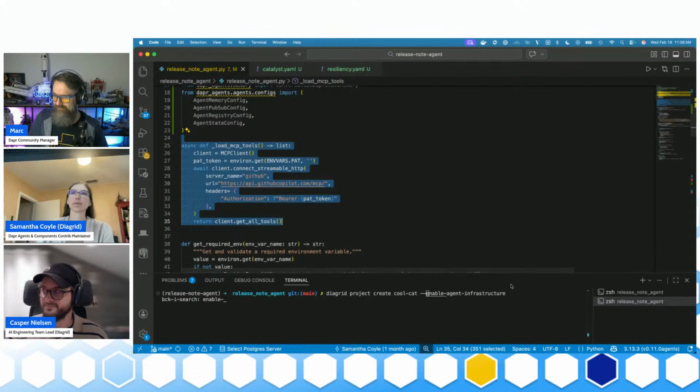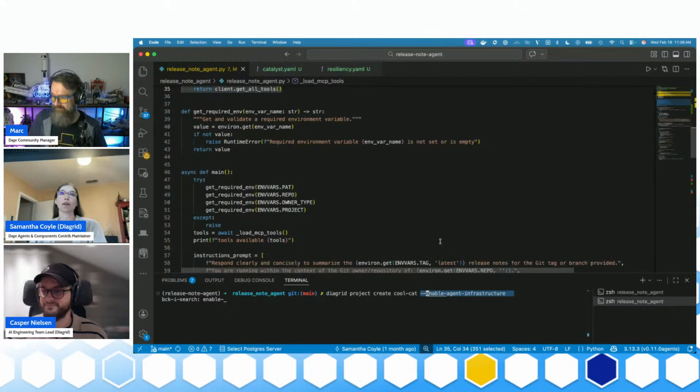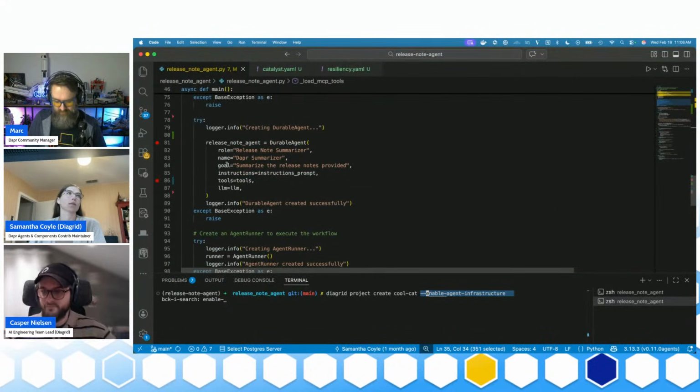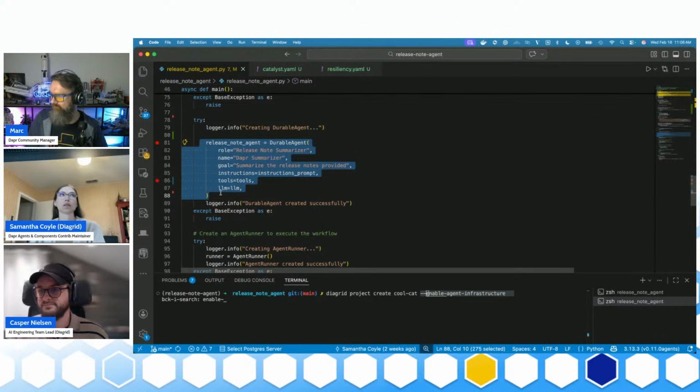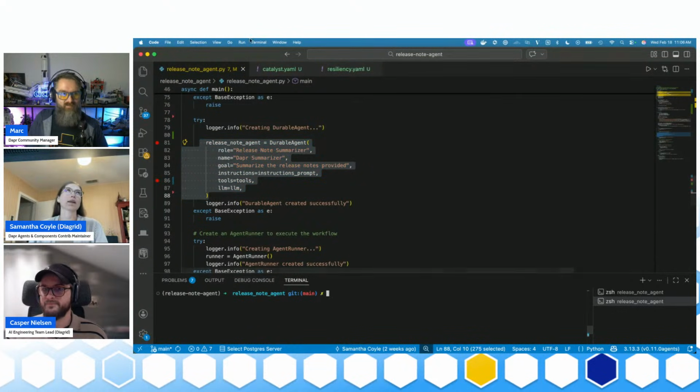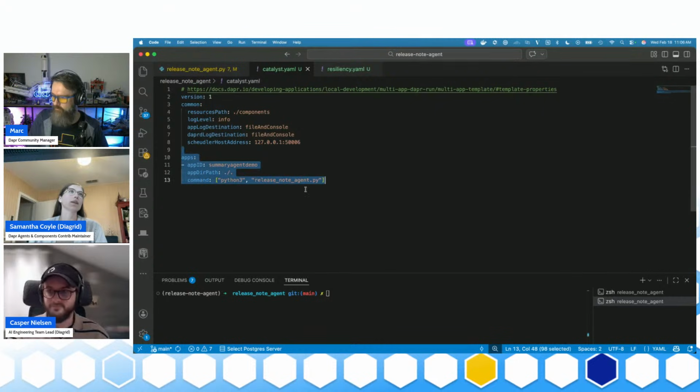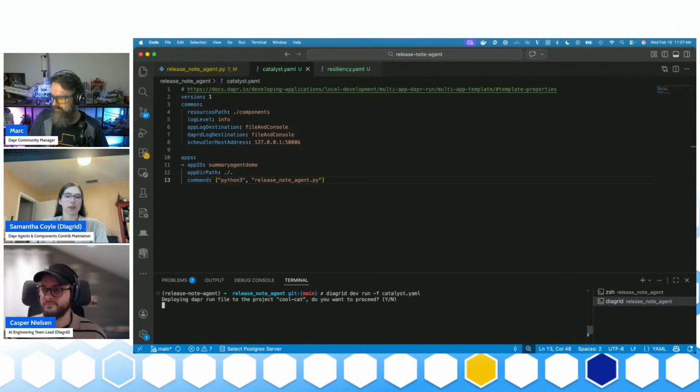So in terms of what I'll be sharing, I've created this project called Cool Cat, and I've enabled some agent infrastructure to be auto deployed for me, so I don't have to worry about bringing in a ton of state pieces into my agent. So it's super slim, and I'm just using the Diagrid managed state store under the hood for things like memory and so forth. So I've run that, and I am running this multi-app run file for our summary agent app ID, running our release note agent that we all just looked at. So if I run this application,